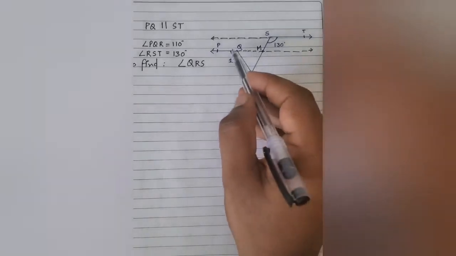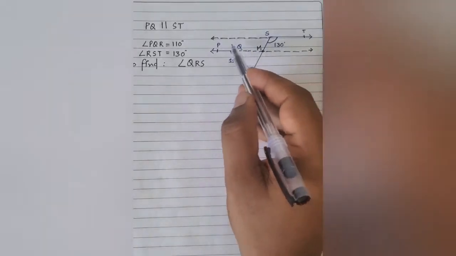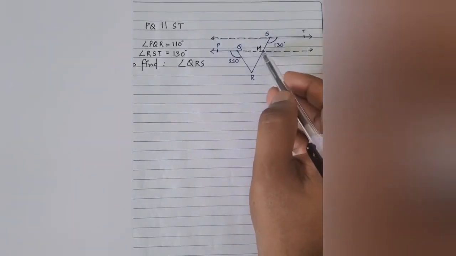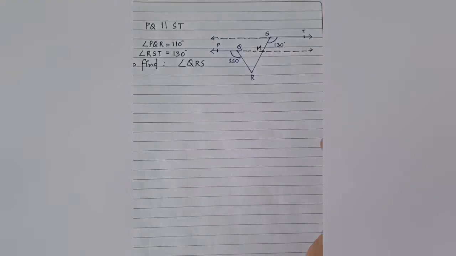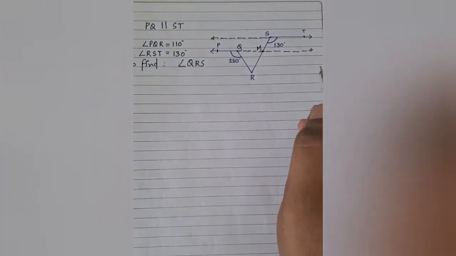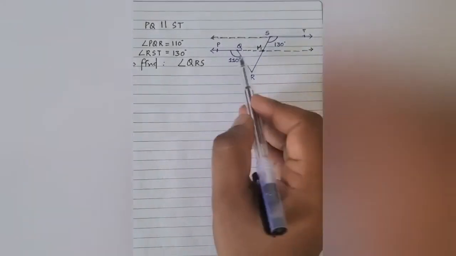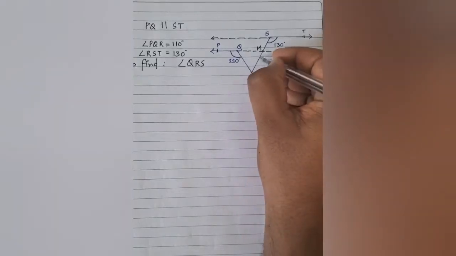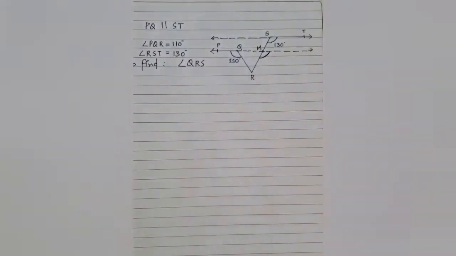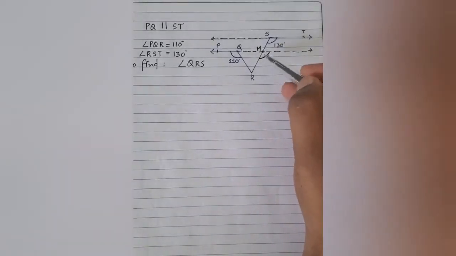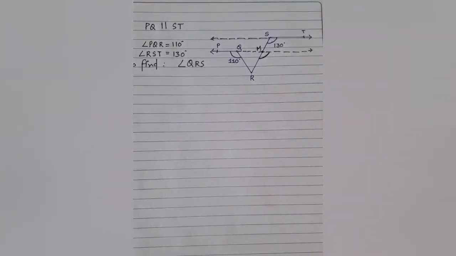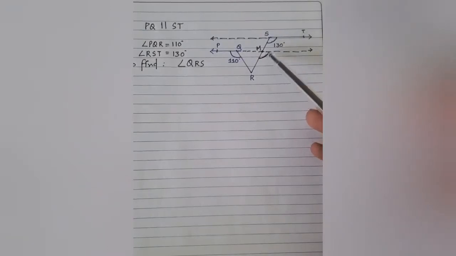Now if we look into the textbook, it's written: draw a line parallel to ST through R. This is what they have mentioned, which we have already done in the beginning. We have produced PQ and given the name point M to this. Now, how shall I proceed? If we observe, these two lines are parallel. So if this is 130, what would this be? Any idea? These two angles, what do they form? They are corresponding angles. So if this is 130 degrees, this would also be 130 degrees.